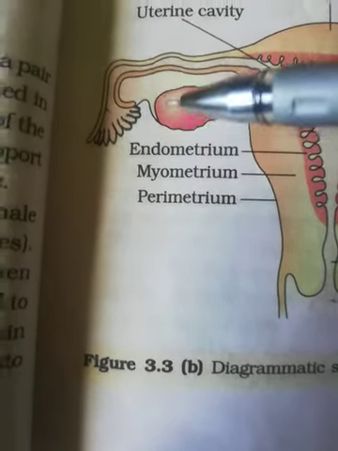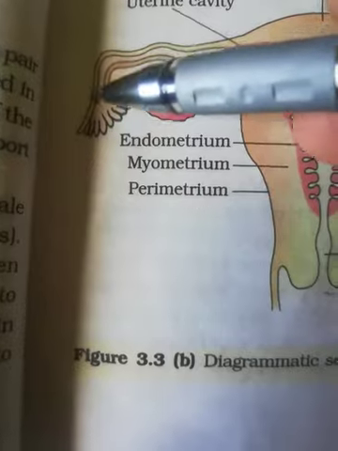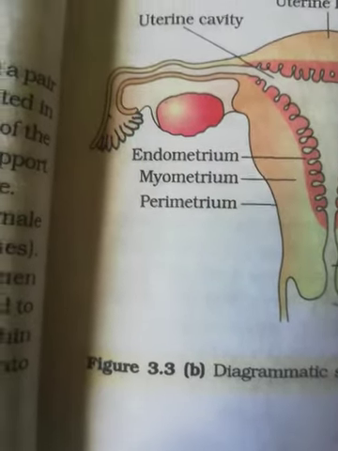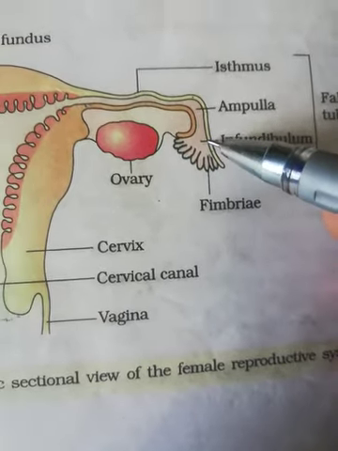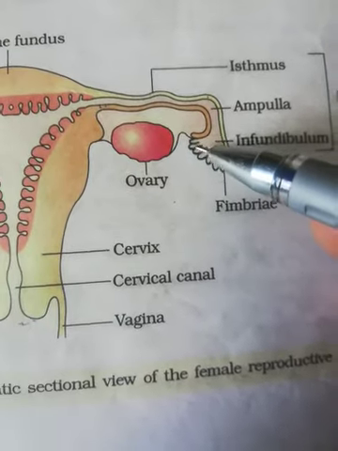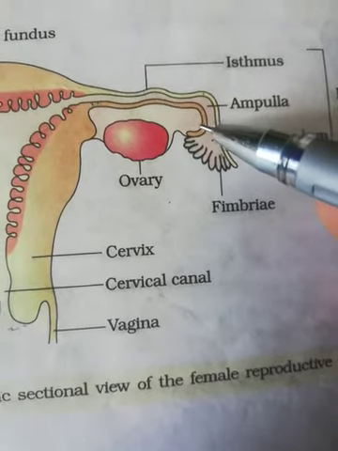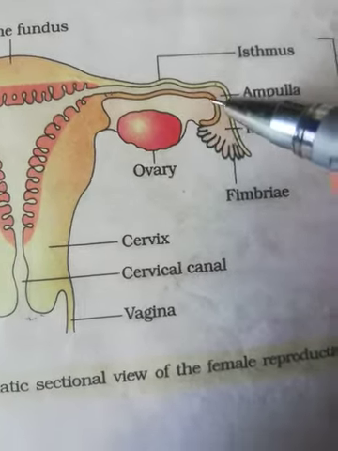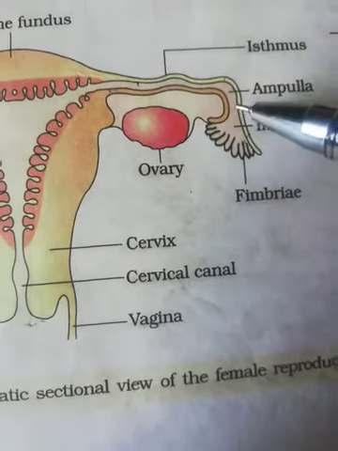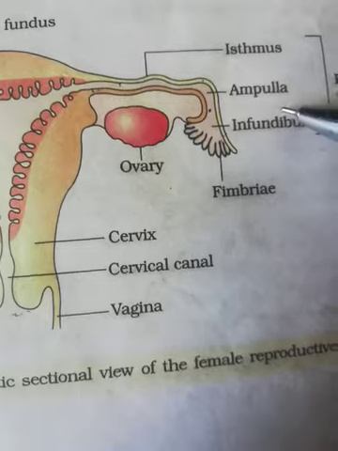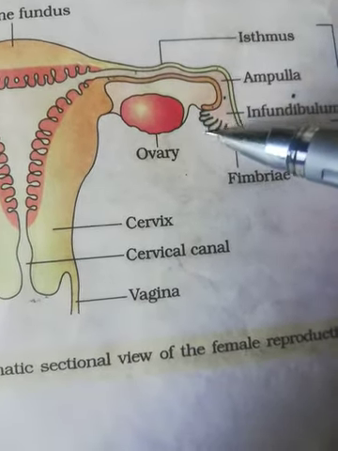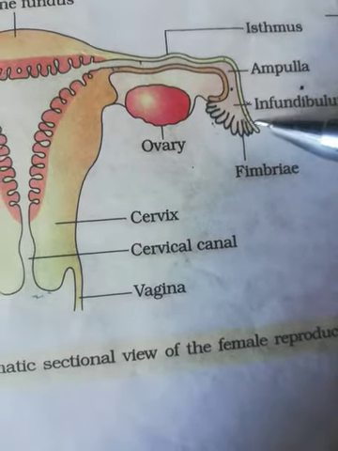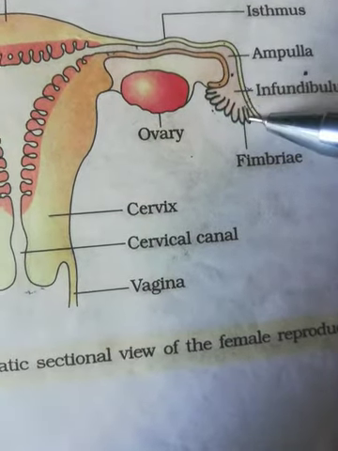Now if you observe the part of the fallopian tube which is near the ovary, it is a funnel shape structure. This funnel shape structure is called infundibulum. After that, the infundibulum leads into a quite broader region compared to this region. This broader region is called ampulla. Clear? The first point of the fallopian tube is called